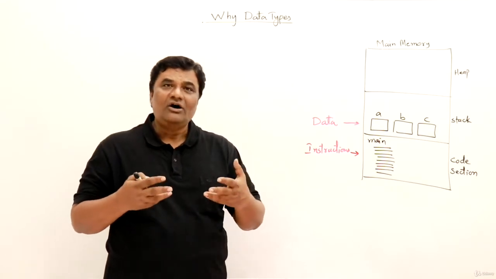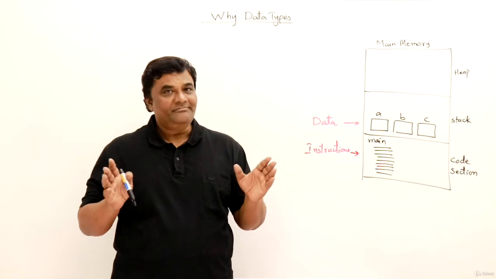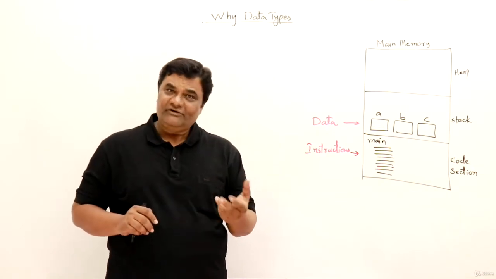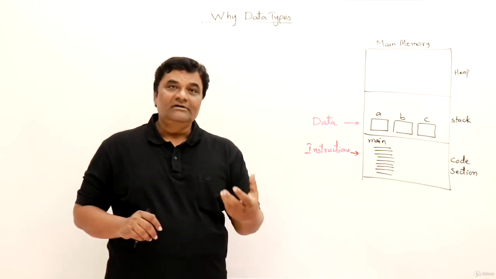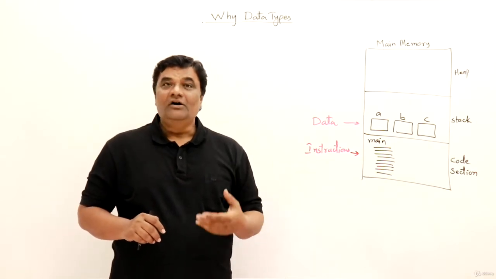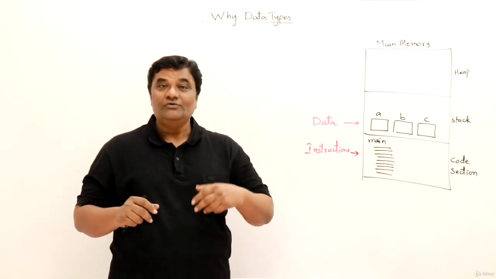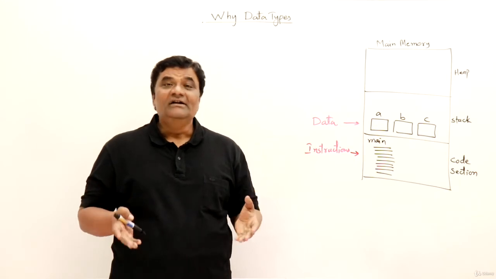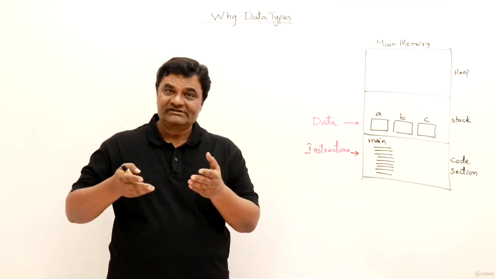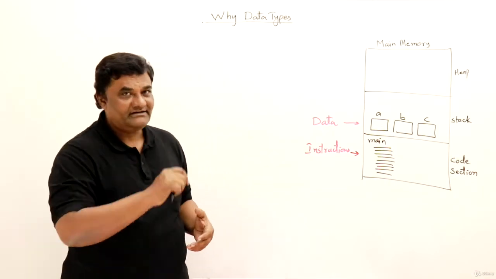So let us understand how we work in daily life. In daily life, we use data at various places. For example, the bill amount, that is the total amount, or the price of some item, or your roll number, your marks, your door number, city name, your name, various things are there. This is nothing but data, right? So how do we use this data in our daily life and what computations do we perform? Let us understand this first.